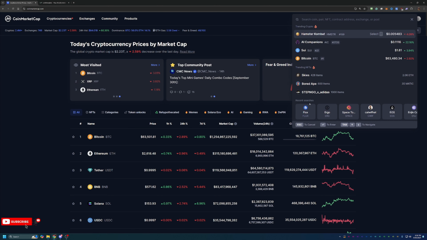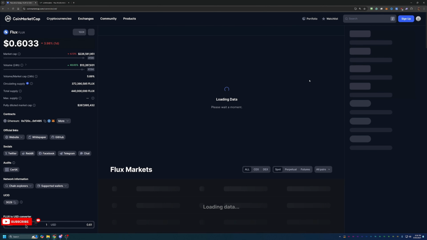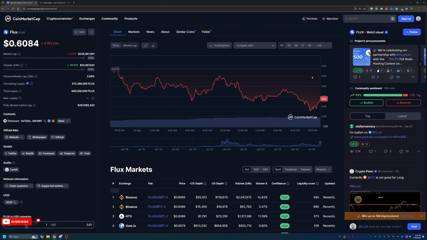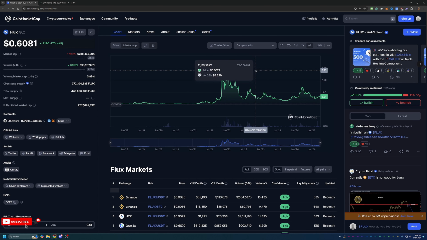Now, of course, the star of today's show, Flux coin. As you can see, it's priced at about 60 cents, almost 61 cents, down about 4.5%, 4.26%. So looking at this overall chart here, you can see that back in 2022, this coin was about